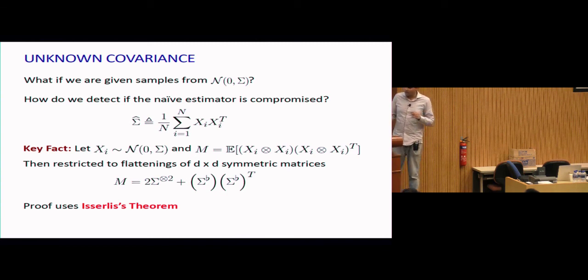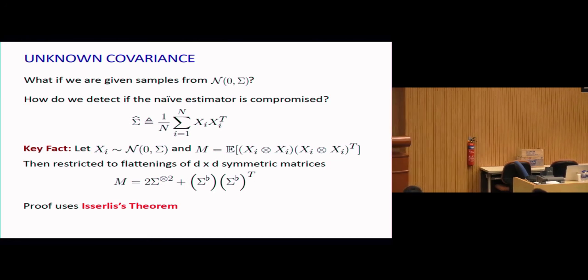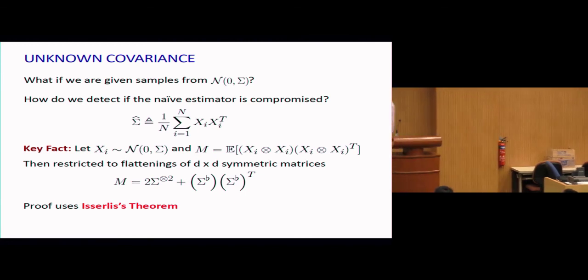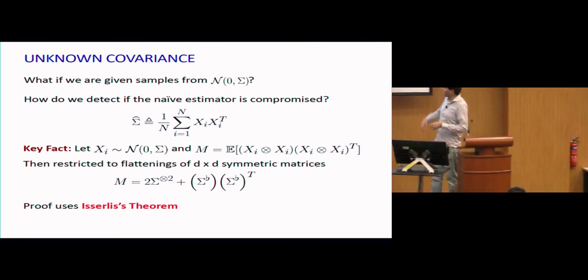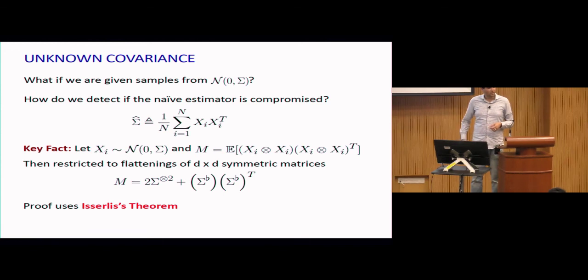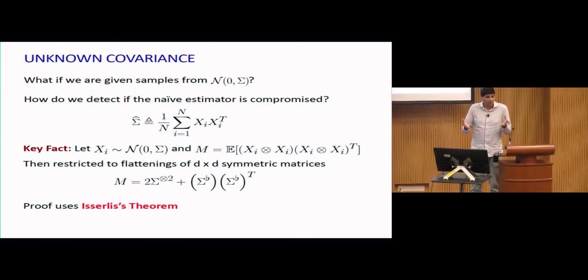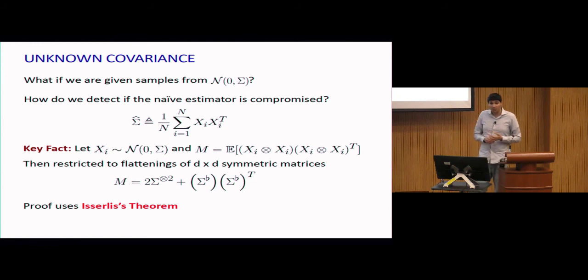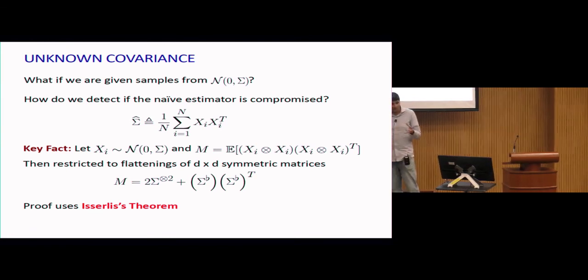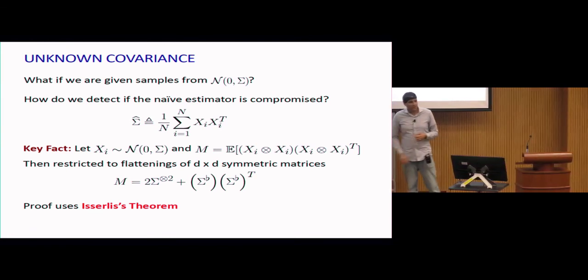And you can generalize that connection. If you think about higher moments of 1D Gaussians, the moments are always the number of perfect matchings in a complete graph. And that same connection, Isserlis's theorem, extends to higher dimensional Gaussians too. The way that you can compute the moments is based on a sum over perfect matchings. The way to think about this term right here is that it's expressing the fourth moments of a Gaussian. And there are really 3 terms, because there are 2 terms that look like sigma tensor sigma, and there's one term that looks like this.